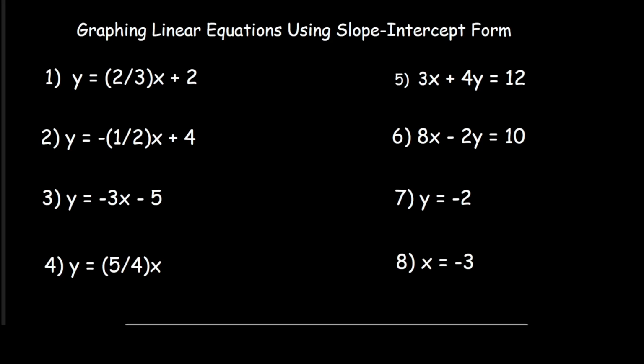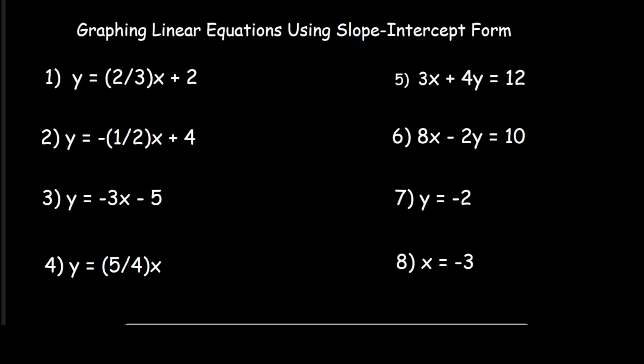In this lesson, we will learn how to graph a linear equation using slope-intercept form. I have got 8 different examples lined up for you. Some of these are in slope-intercept form like y equals mx plus b. Some have a negative slope that goes downhill. And a few are actually tricky questions like horizontal lines where y equals a number and vertical lines where there is